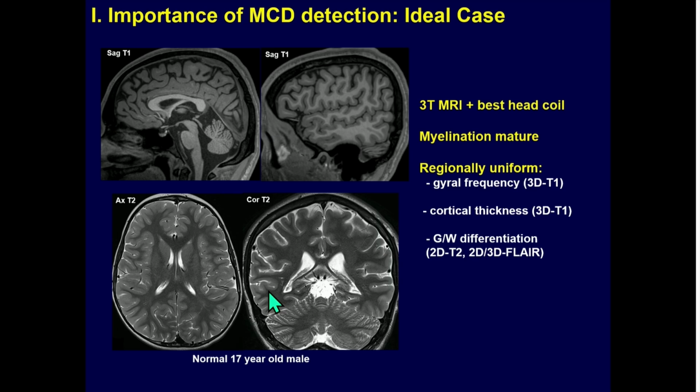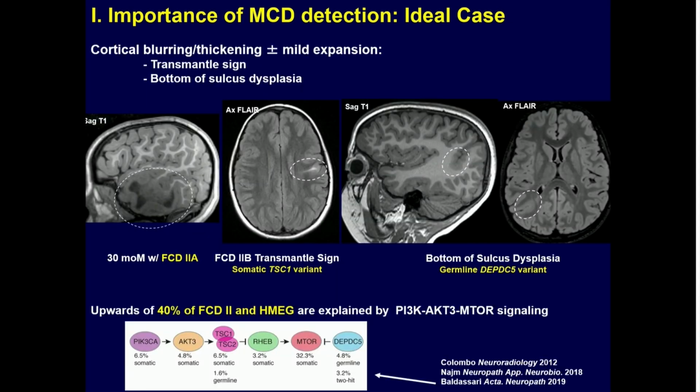In the best possible case, you're going to have something like this, where you have a very high quality MRI, a myelinated patient, no motion artifact, and you have the things that you expect, which is regional uniformity in gyration and cortical thickness, and gray-white matter differentiation. And in the ideal case, you will have something obvious, like a very large cortical dysplasia as shown here,